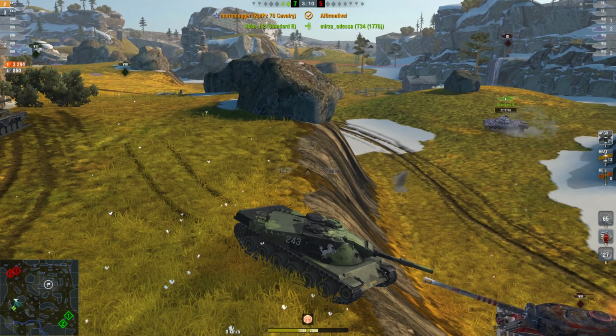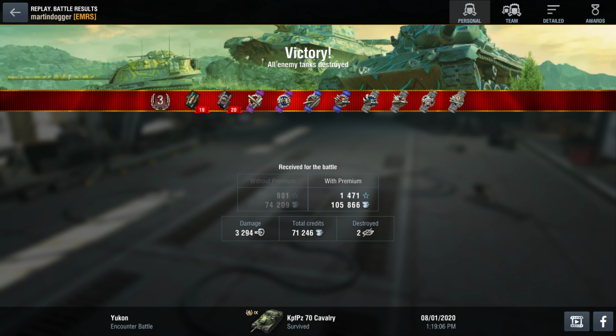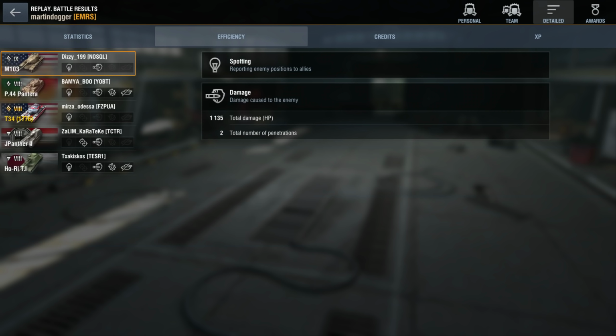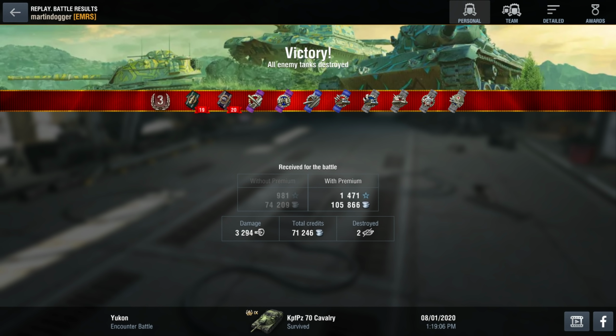We're doing 3.3k damage nearly, a little bit of assist. 860 blocked, as you can see. 3k damage is fine for a tier 9 tank. And mediums do better damage, Standard B, for example. It's far easier to do 3k damage in a Standard B, at least for me it is, than in a KpfPz. And it's not a bad credit earner at all. But it's just,